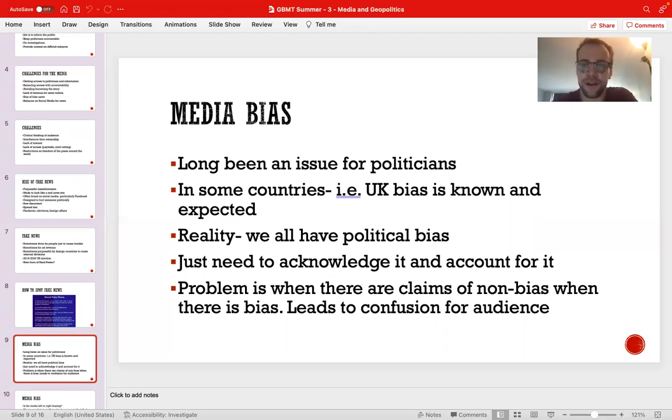We can assume that everyone, however, has a certain level of bias. We're all political creatures, and we all have certain political attitudes and biases that shape our news consumption and how we understand the news that we're consuming. In many countries, it's assumed that your news source would match your ideological and political party affiliation.